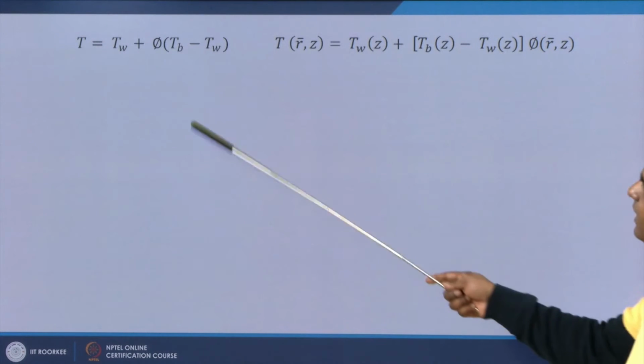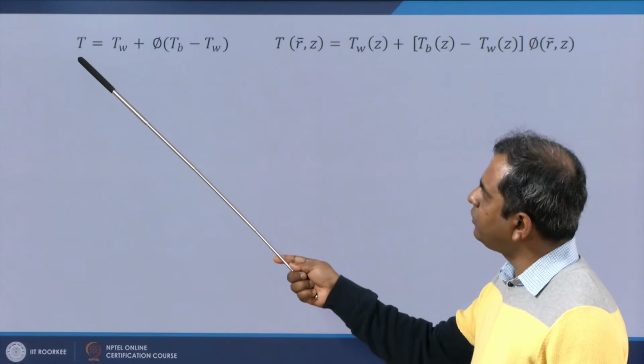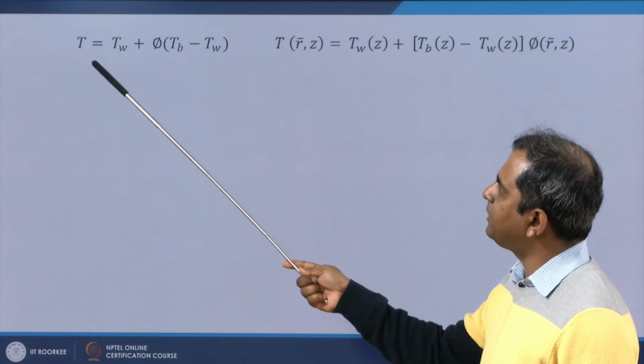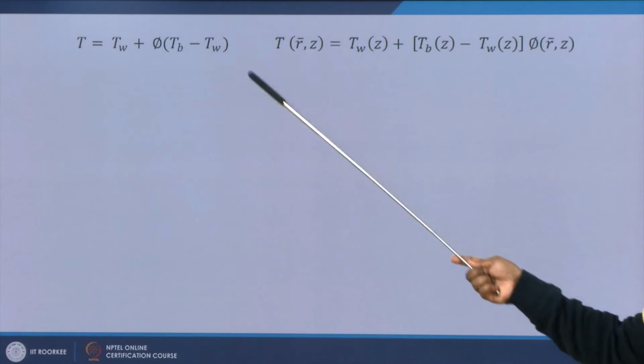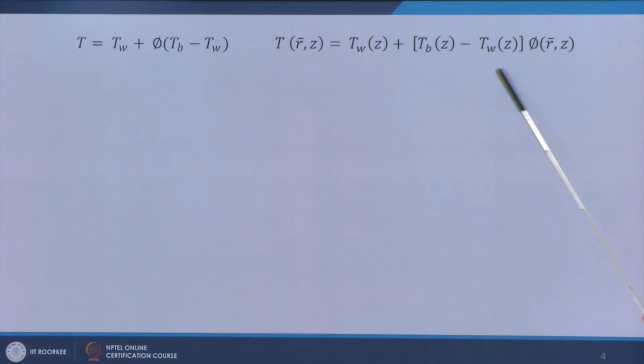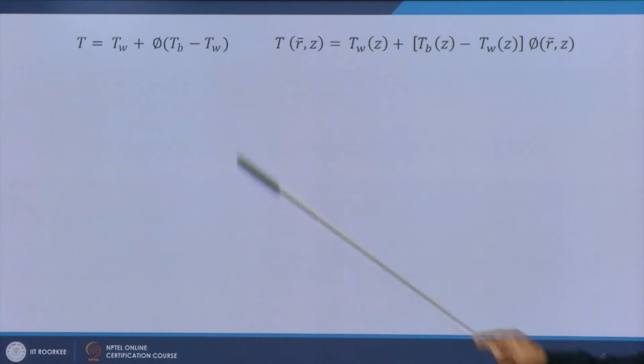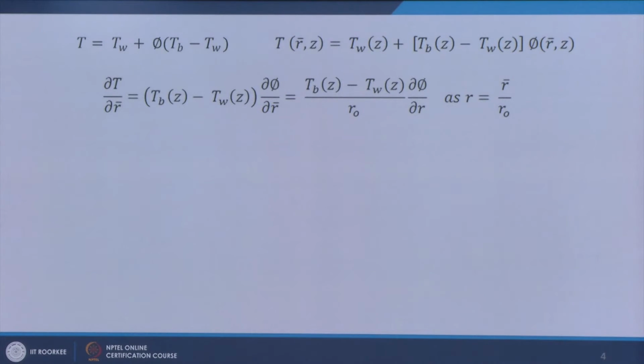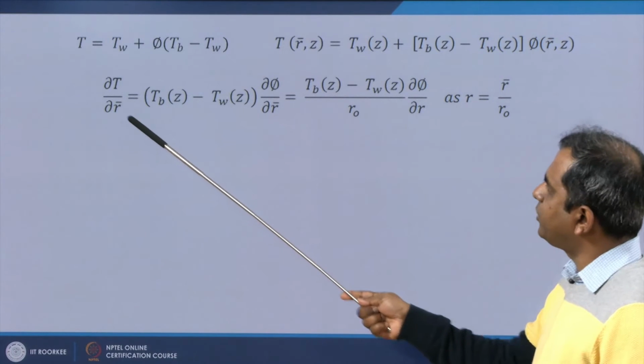Then let us see how the derivative looks. So, T as per the definition of phi becomes T_w plus phi into (T_b minus T_w). Here I have shown the dependencies based on the r and z coordinates for different parts of this equation. Now if we go for the derivative with respect to r first,